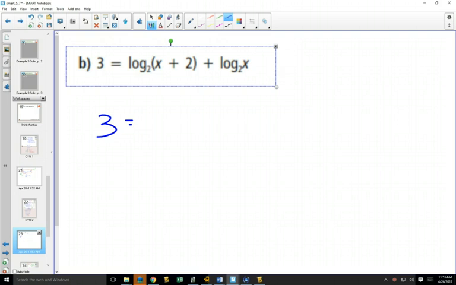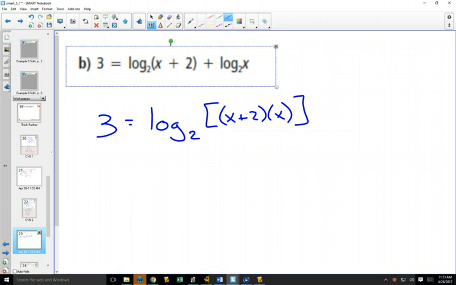If I want to write it as a single log, I have a log plus a log. I can write that. Log law says that means multiply. Can you see that on the one side you have log, on the other side you don't have a log? Can't use the shortcut. But we have a single logarithm, and since we have a single logarithm, the base, by